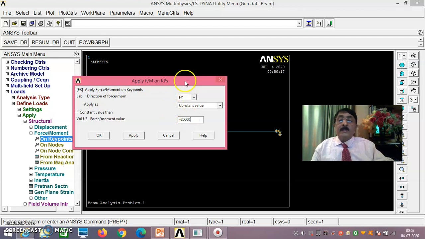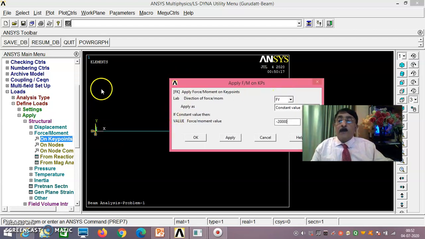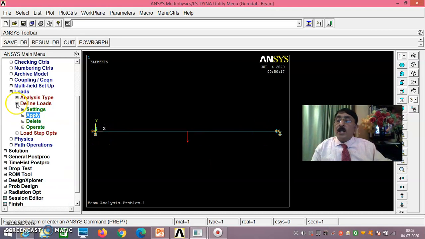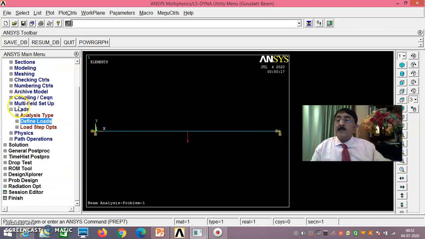Okay, it is negative y, no, it is downwards. Positive y is this, negative y is downwards, minus 20,000 newtons you give. Okay, minus 20,000 newtons you give. Now once you do this, okay, now you see here,